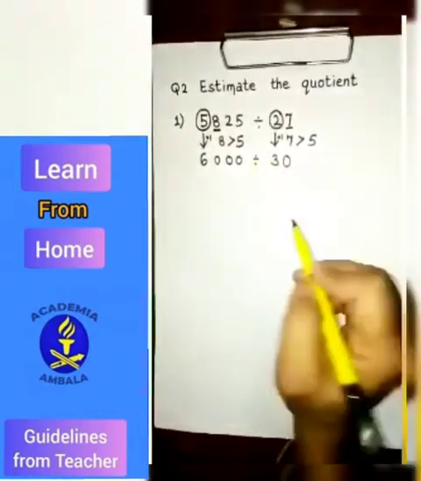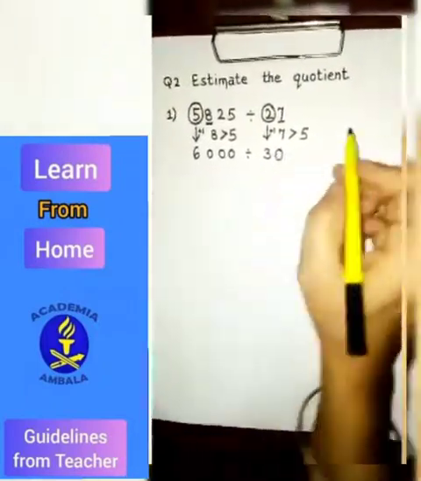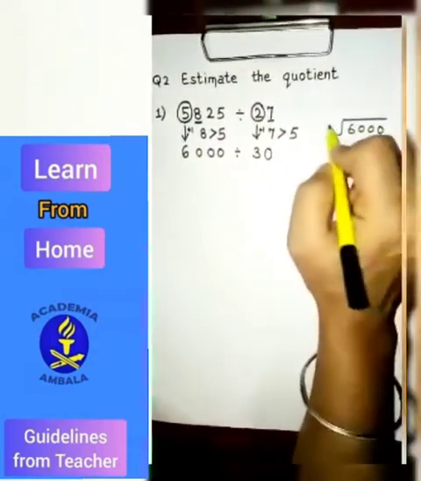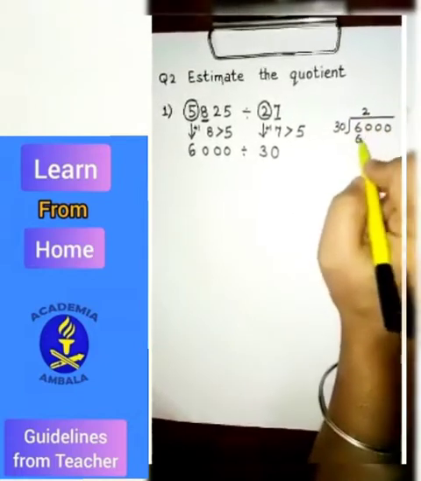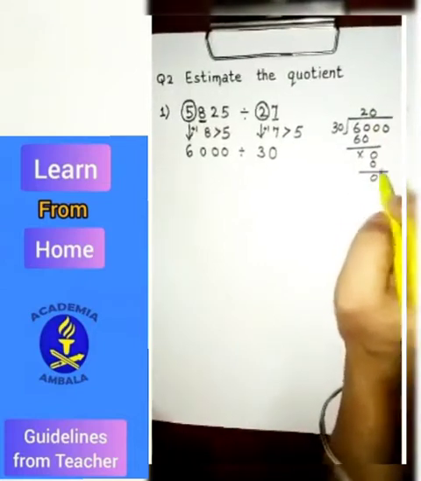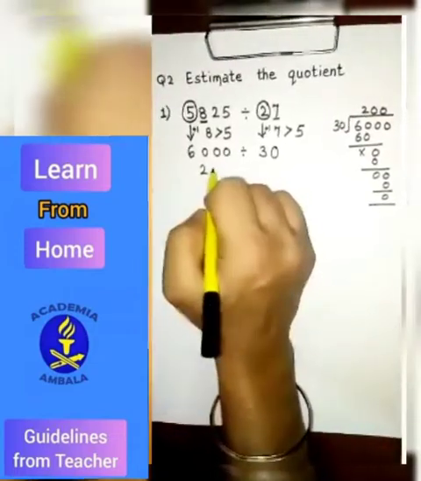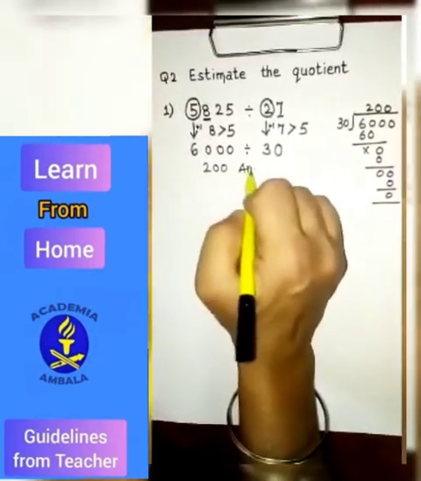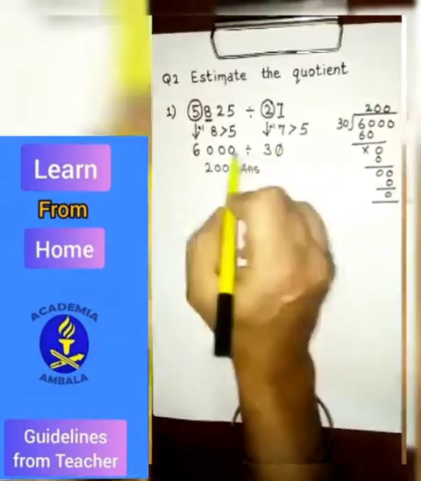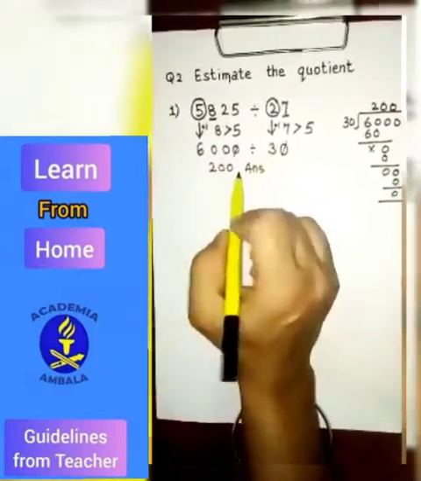The next digit to it is 0. So you are going to divide this. Now you have got 6000 divided by 30. And when you divide this 6000 divided by 30, you can see the answer. Everybody must be knowing how we divide it, and the answer that we are going to get is 200. There is another method of solving it, that is by cutting 0. You can just cut 1 zero from here, 1 zero from here, and simply you can divide 600 by 3 and you will get the same answer.